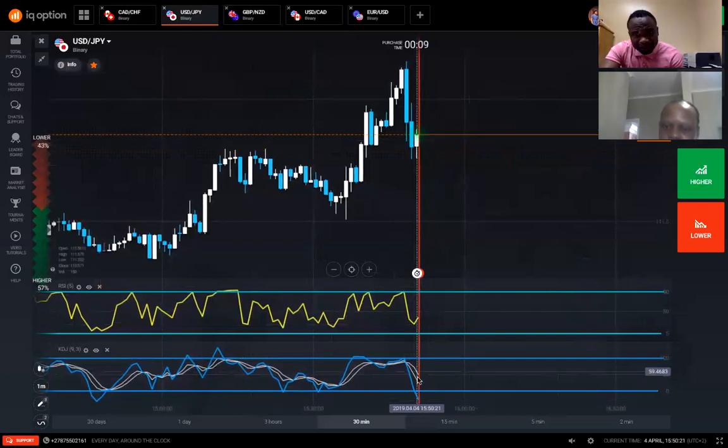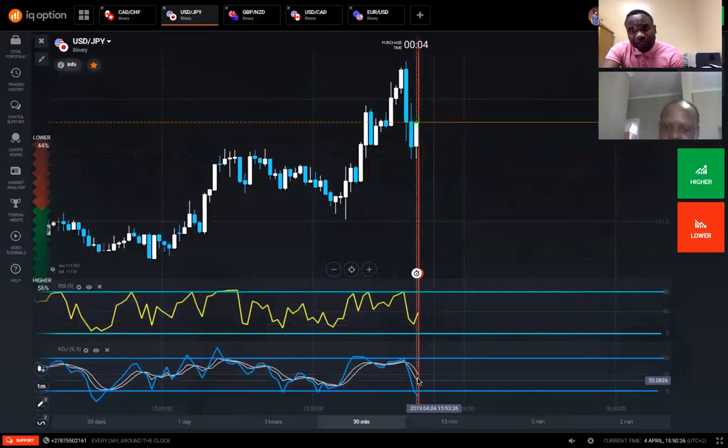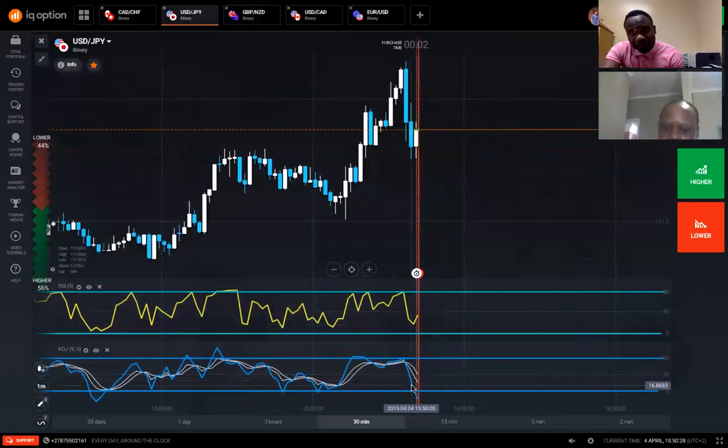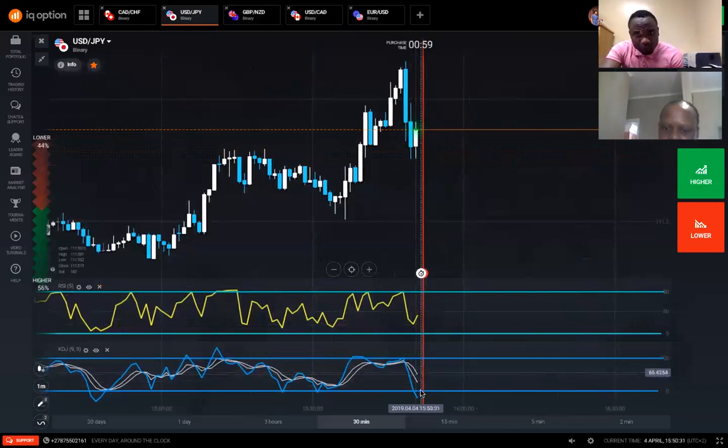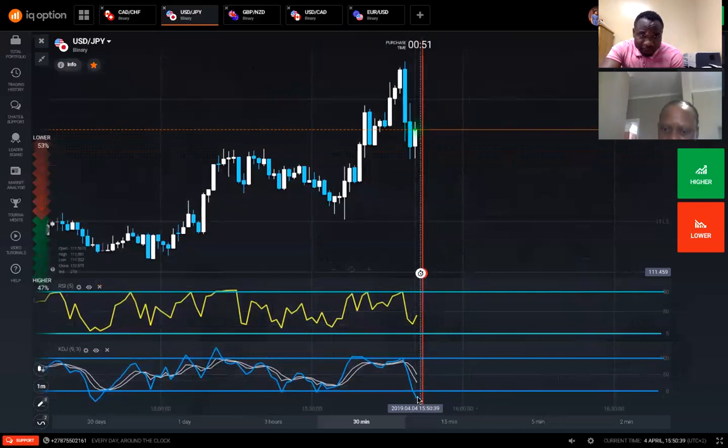So these two white lines, this is your stochastic, okay? But KDJ, what they did is they just added this line here. But this is your normal stochastic. So these two lines here must be close to this line here, for us to have a trade, and this must be outside. I wanted to show you a situation where this will be outside and hold like this,